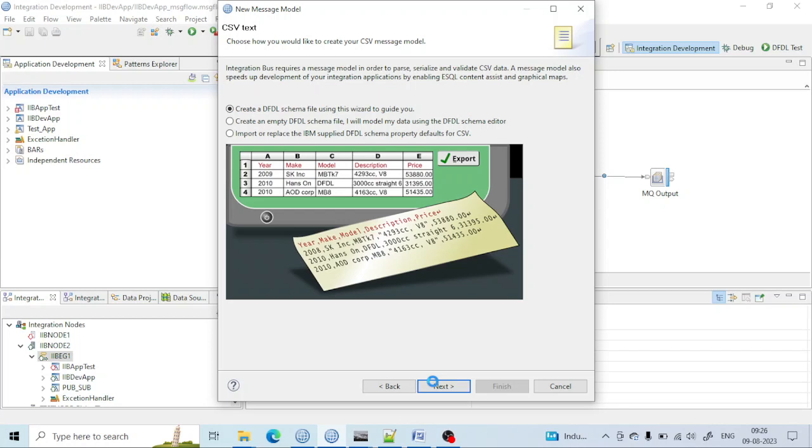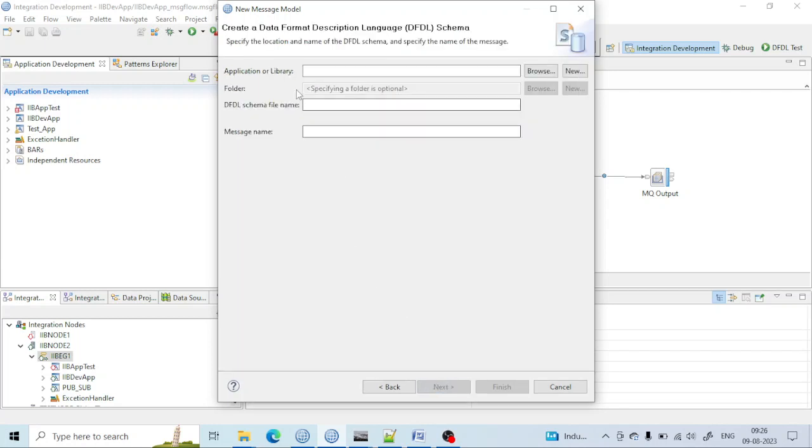Now once I click the right next, here you have two options. Either you create an application and after that you create